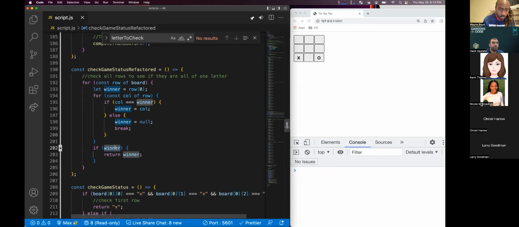Right, but when it's going through the row, like if it says row 0 is an empty space, column 0 is an empty space, column 1 is an empty space, column 2 is an empty space. So because it's empty, it is a false value. Okay. So it comes down here and it says, oh, the winner is no one. The winner is an empty string, so we're not going to hit that return. We're going to keep checking. Got it. Thank you.